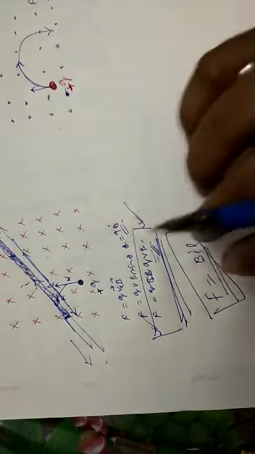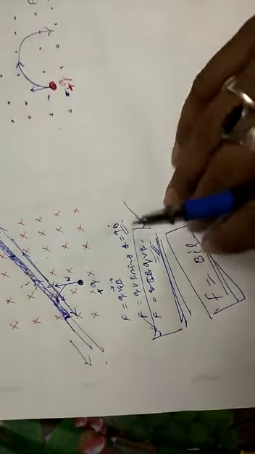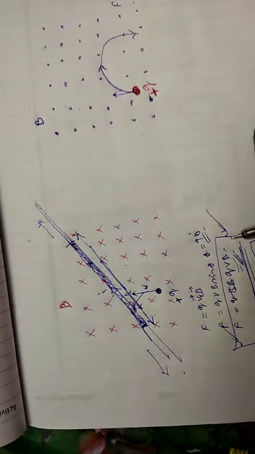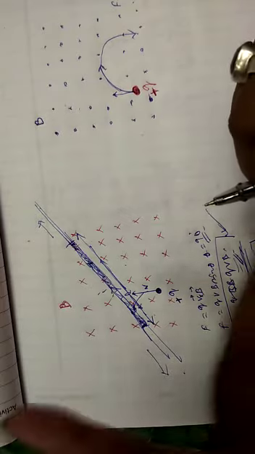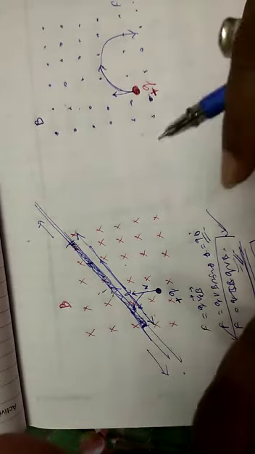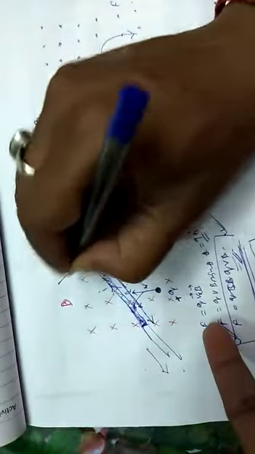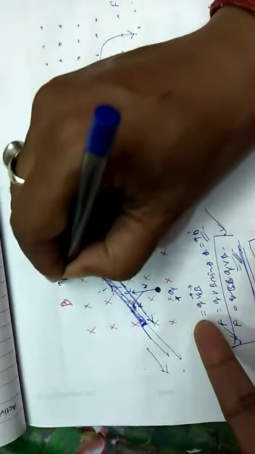And for the direction of the force, you can remember Fleming's left hand rule, which you learned in class 10. So this is the direction of the current, and this is the direction of the magnetic field. Clear? The magnetic field is going from top to bottom, and the force will act in this direction. So on this wire the force will act in this direction.